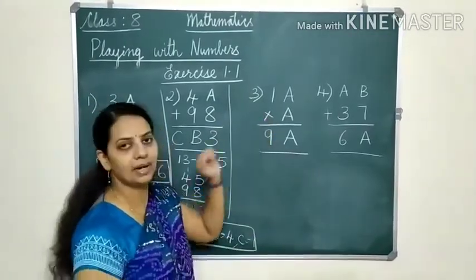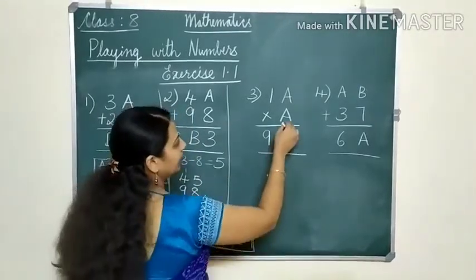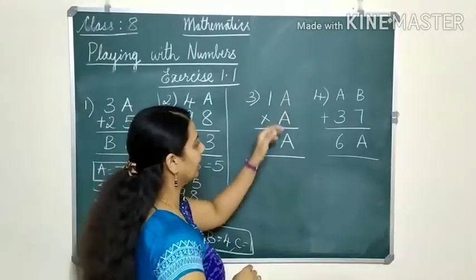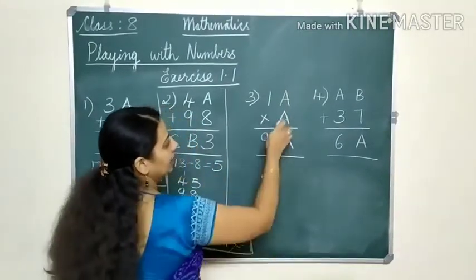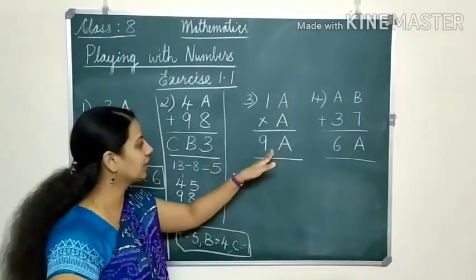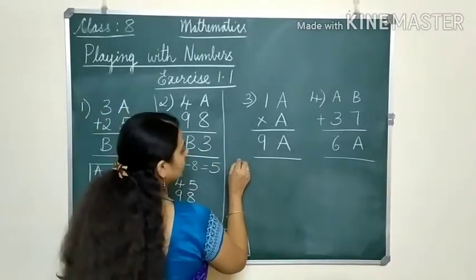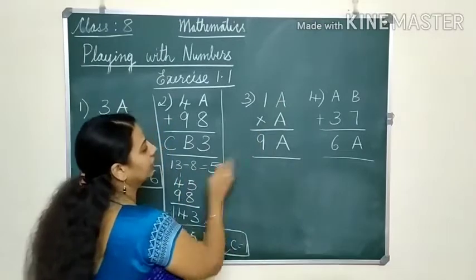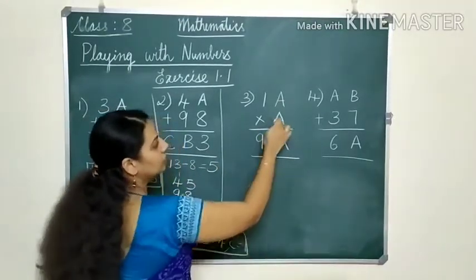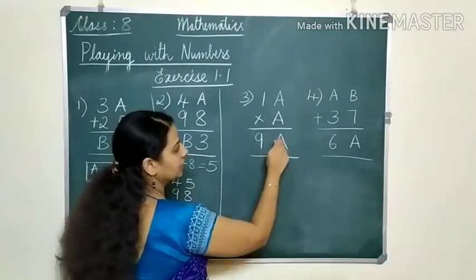Here you have to multiply. We have already learned one multiplication sum, remember? Here the first digit is same. So which number if you multiply you will get the same answer? Consider A equals 0. 0 into anything is 0. We cannot have this 9 at all. So cancel that 0. Now consider A equals 1. 1 also you cannot have 9. So consider A equals 2. 2 2s are 4, which is not correct. We cannot have the same digit here.